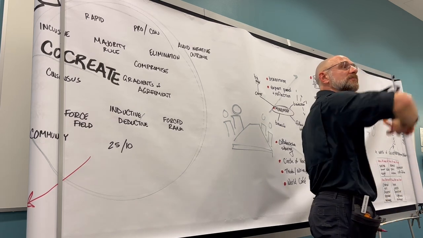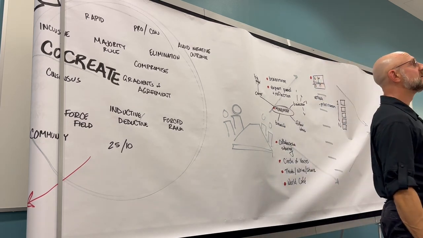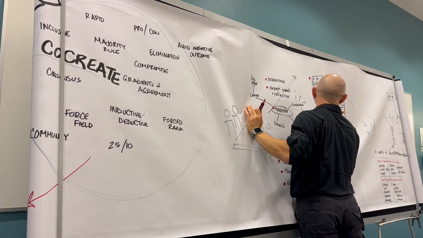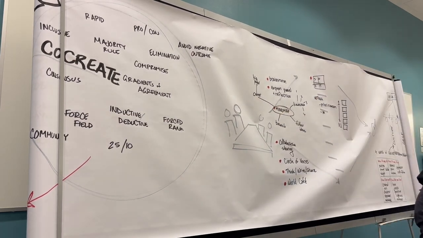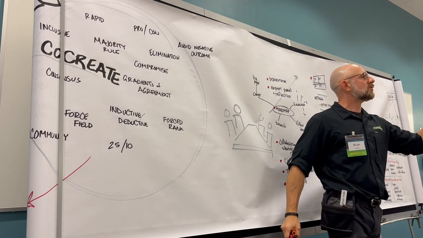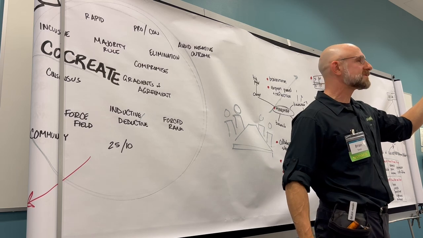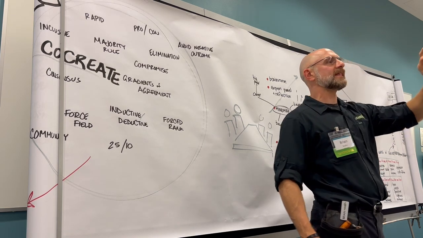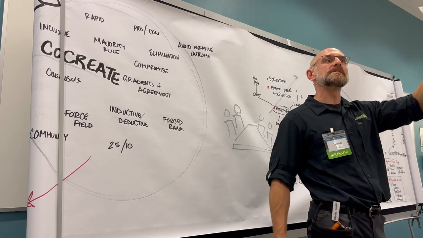What are your other favorite methods of voting? There's like 20 of them out there. Multi-vote, so what's a multi-vote? Everybody gets 3 votes, put them on the ones you like the best. You can put all 3 of them on one choice, or you can spread them out. So you give people these little dot stickers. You can do green and red if you want to, but I like to keep it simple and just do the different dots.